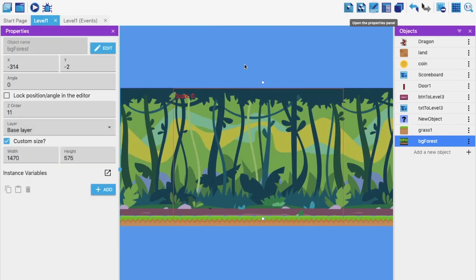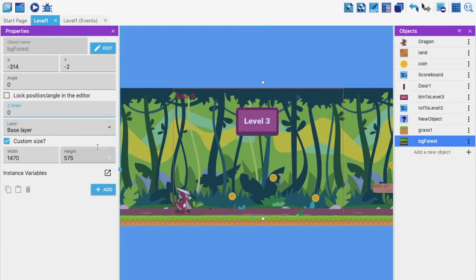If you click on it, you will see that the BG forest properties panel has opened over here, and the Z order of this is very high. It is therefore overlapping all the other objects because their Z order is smaller, less than 11. So you simply need to make this smaller. I can simply type over here, let me make it 0 for now.